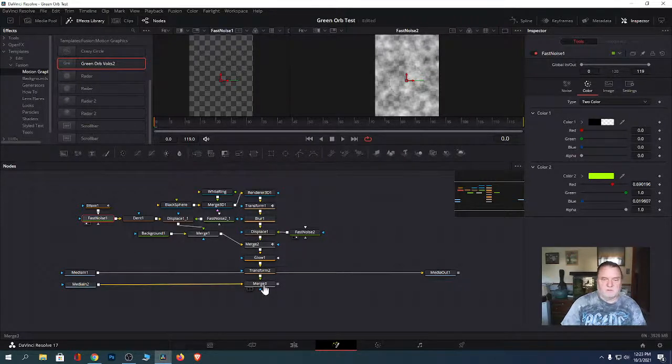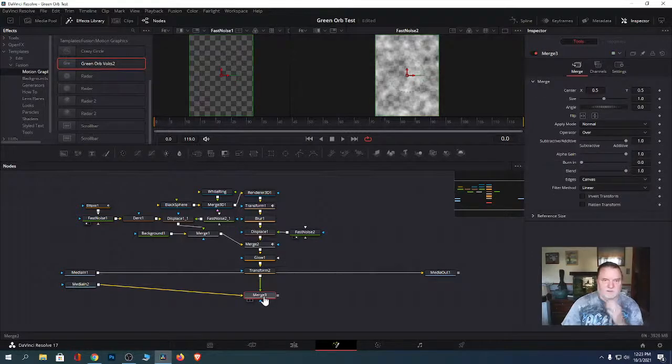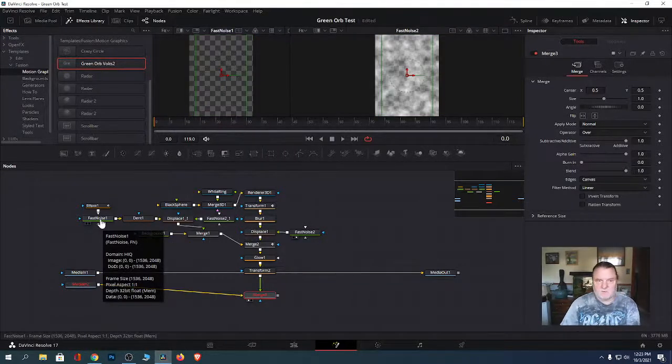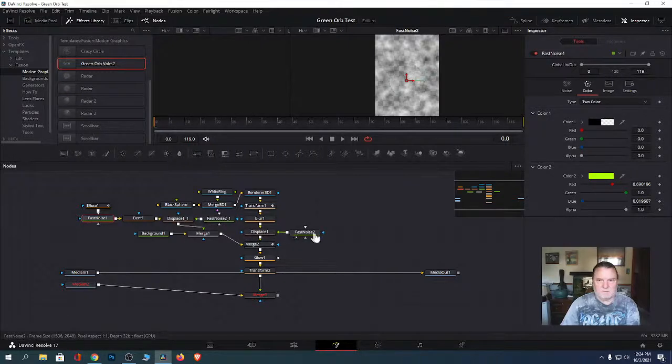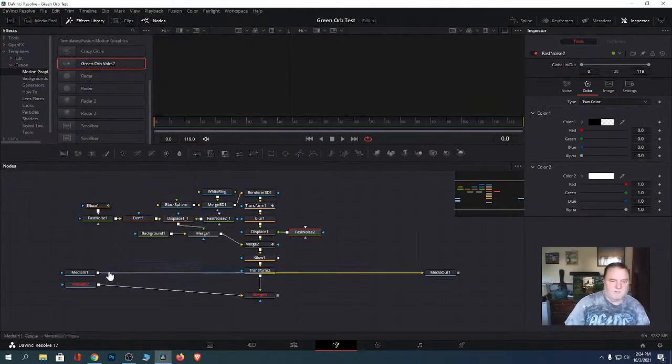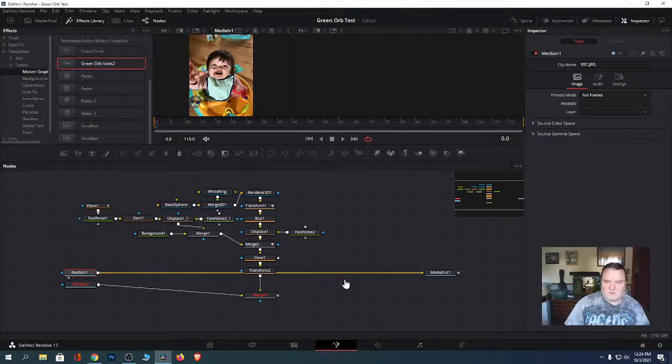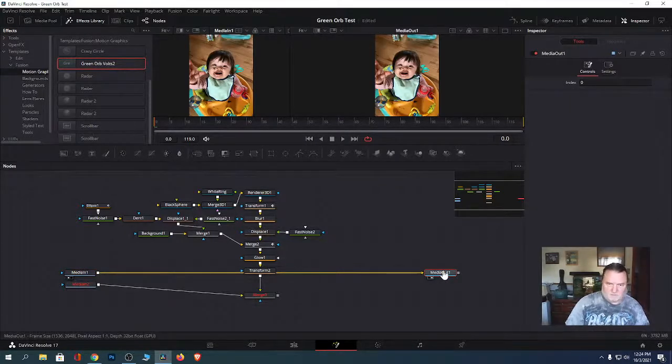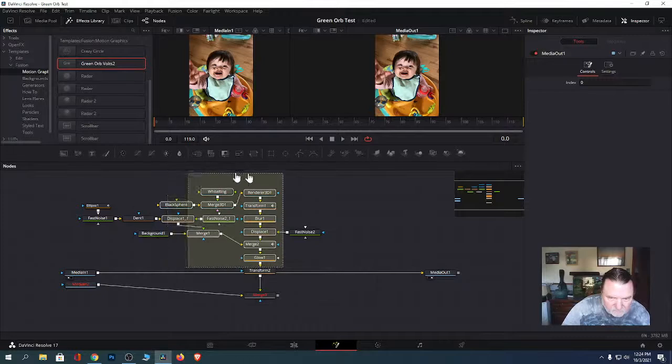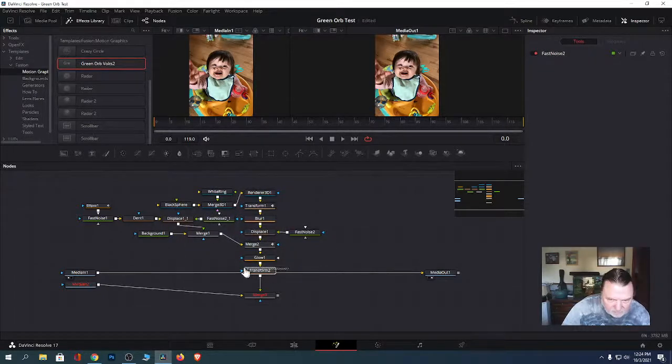So this merge is actually not connected to anything. I just caught that. Kind of like Doug now in one of his videos. Oh, I just now thought about that. This media, so let's go ahead and get rid of that, get rid of that, get rid of that, and get rid of that. So this media in is connected to this media out. And I know that because this line right here, if I can somehow grab all this,